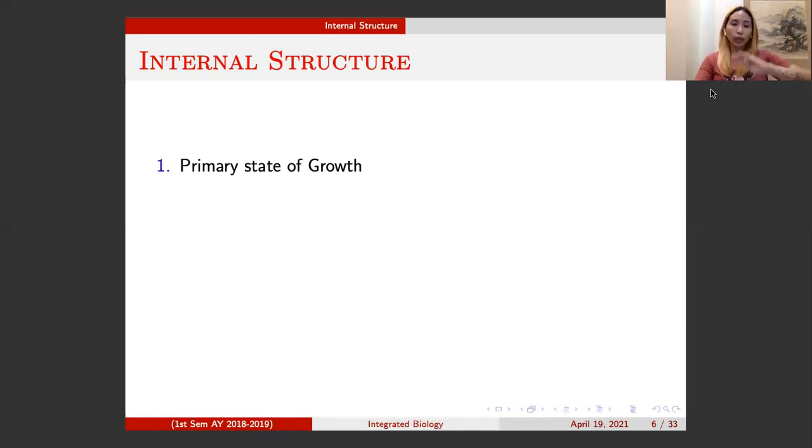So in this particular discussion, we are talking about structures. So we will give you mainly layers of the plant. You are going to be reintroduced once again to the tissues that you've already heard in the previous discussion of plant tissues. So for the plant's primary state of growth, what we're going to see mainly, and number one, that is also most responsible for the elongation of a plant or the vertical growth of the plant